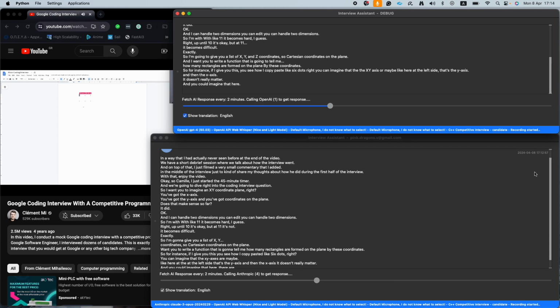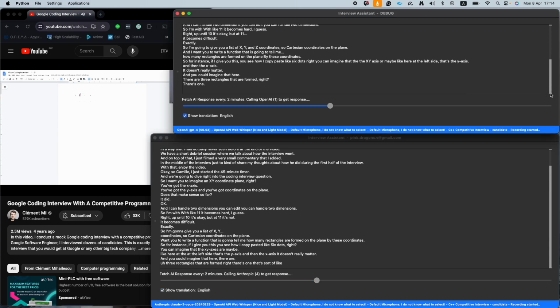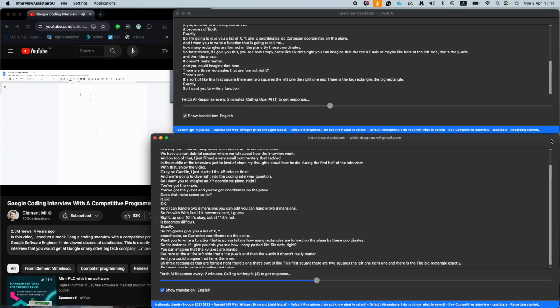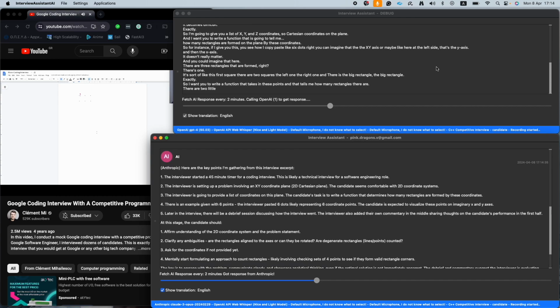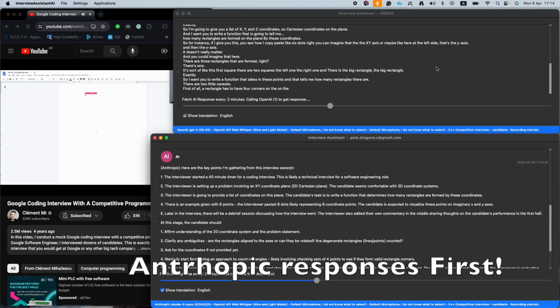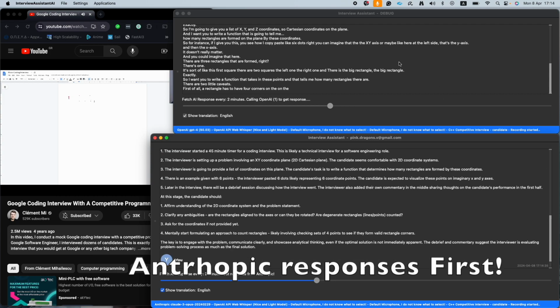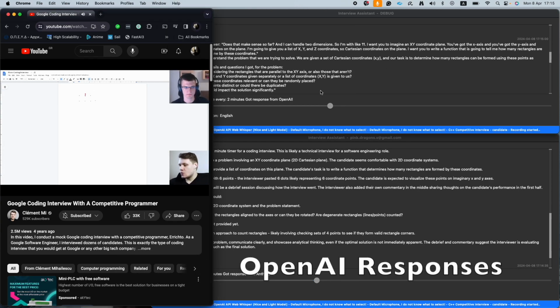There's one that's sort of like this first square. So there are 2 squares, the left one, right one, and there is the big rectangle. The big rectangle, exactly. So I want you to write a function that takes in these points and that tells me how many rectangles there are. There are 2 little caveats. First of all, a rectangle has to have 4 corners on the plane to be considered a rectangle. So for instance, if I delete this one, then you lose quite a few. I think you lose 2 of the rectangles. And I agree. Yep. And then for now, we're just going to deal with rectangles